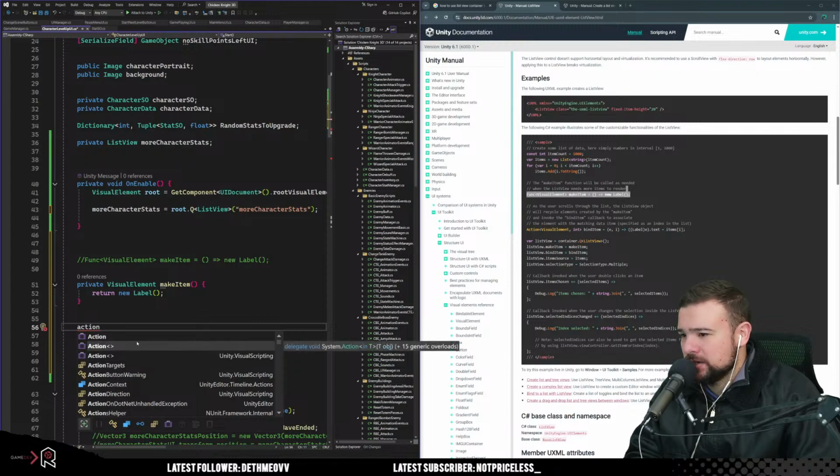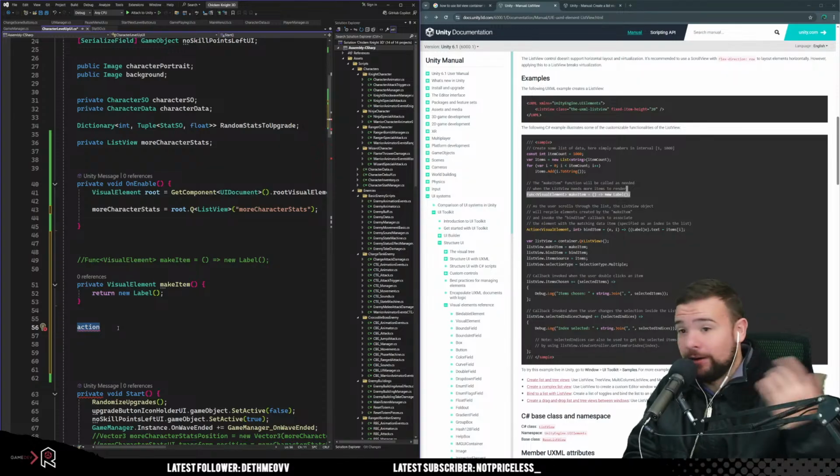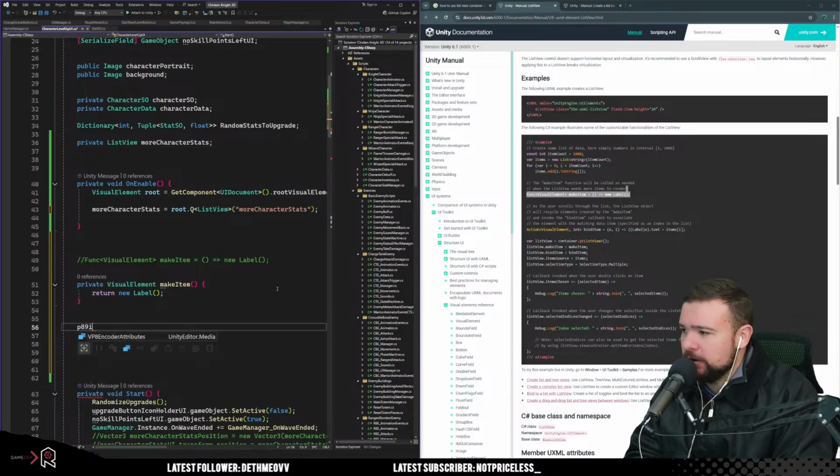Isn't this just a function as well? I've never seen these keywords. I guess I'm learning. But it seems like it's just a function that takes in a visual element and an integer. So if I do again a private...